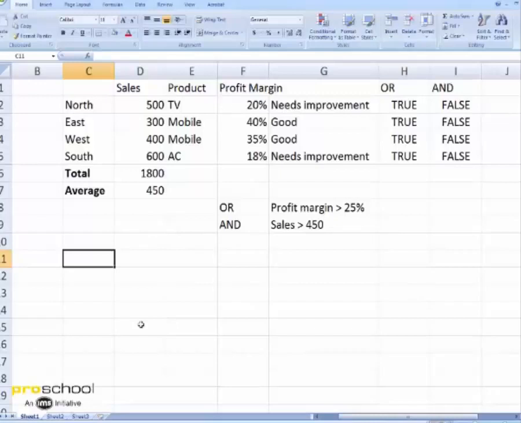To make you understand, let's say I have a problem statement which says, fine, it's good to know the total of sales, but I am only interested in sales of mobiles. So I want to know what is the total sales of mobile, and I want to write a formula. So what I can do is I can fall back on what we have called the SUMIF function, which combines the functionality of summation and the condition checking.